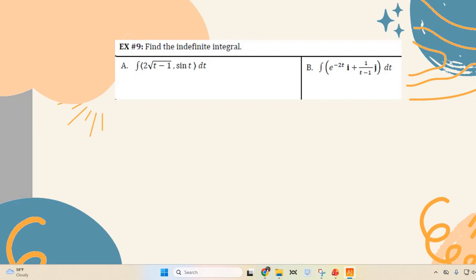dt, right? Because it's just 1 if I take the derivative of t. So I don't have to multiply by anything. So that's nice. But then it would probably also be helpful to write it as t minus 1 to the 1/2. And when we do that, now we can add 1, and we get